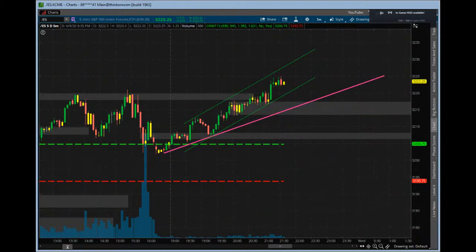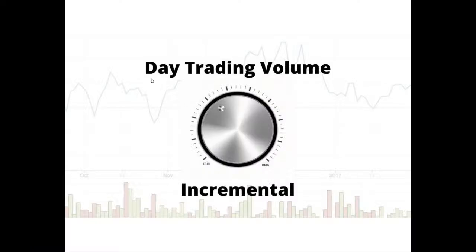All right. So today we're going to be continuing our discussion on day trading volume, and today we're going to be talking about incremental volume. So this is the situation. You can kind of see it on this little graphic right here behind incremental. You see how this volume here is increasing incrementally, right? So increasing volume, it's growing incrementally. That's important, right? Or it can be.